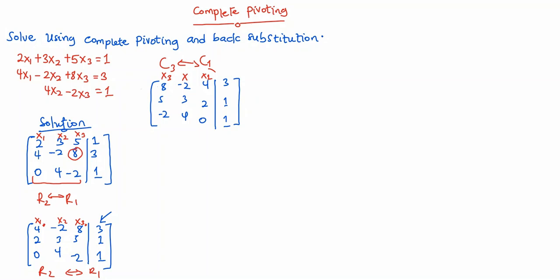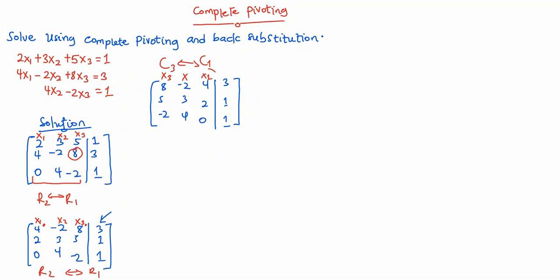Okay, so now this is the matrix we have now. Okay, so what you're going to do is use this pivot element to reduce all the other elements below it to what? 0. Okay, so we use this 8 here to make this 5 zero, and then this minus 2 also goes to 0, because you want to get an upper triangular matrix, so that we can use back substitution to solve.